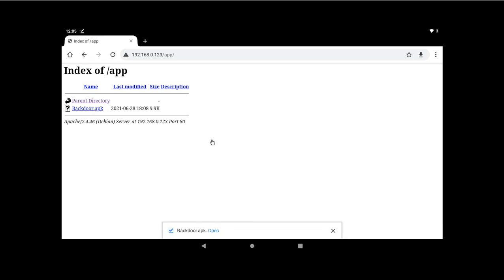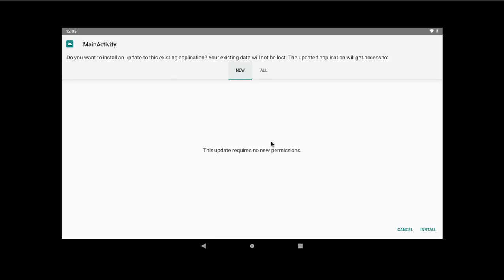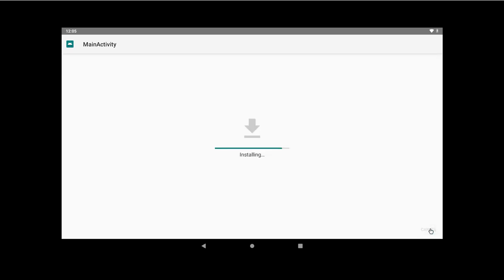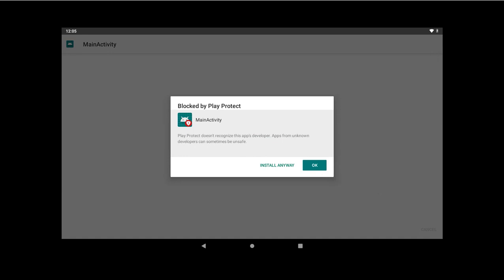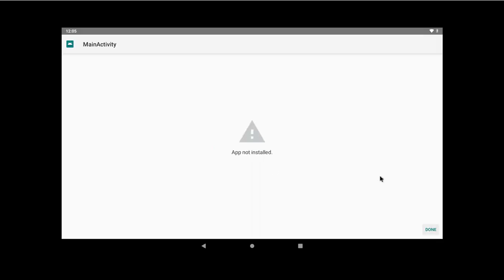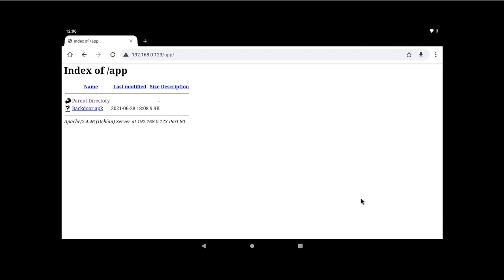It is downloaded, so I just have to open and install it. Okay, it is installed actually, and as soon as we install this and open this, we can go back to our Kali Linux.